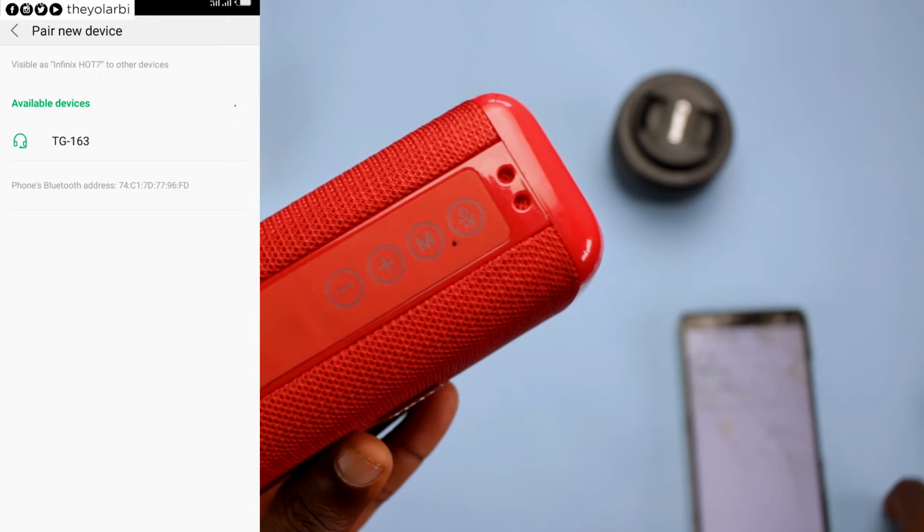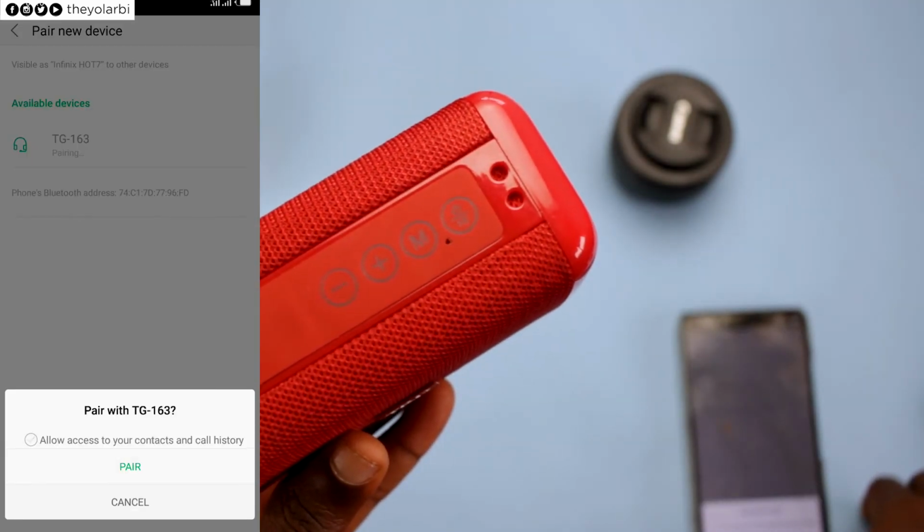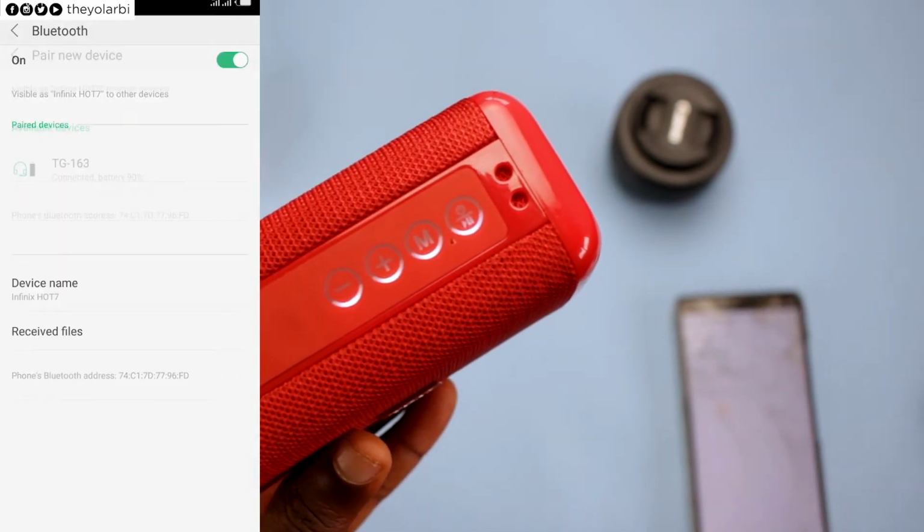Bluetooth mode. So you hear that sound. I wonder which lady's voice is used in producing these Bluetooth speakers, because her voice sounds amazing. Then on your phone or your laptop, you search for new Bluetooth devices and connect to TG163. Now, the same thing with most Bluetooth speakers, you are able to see the battery life once you connect